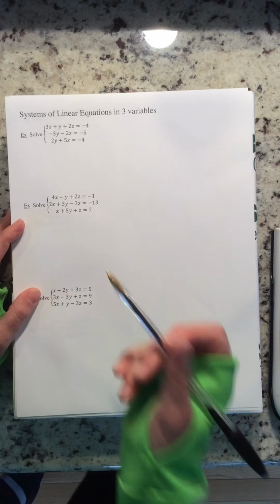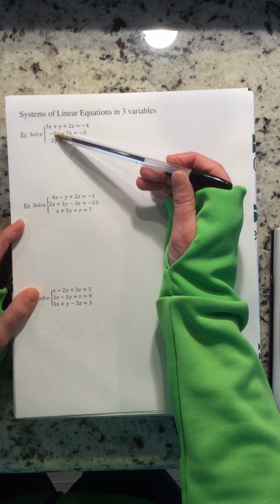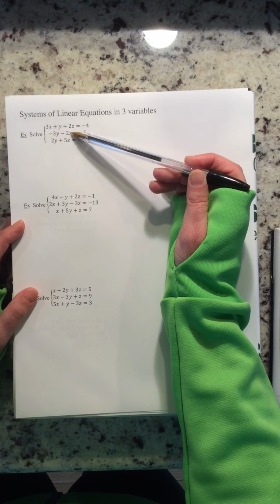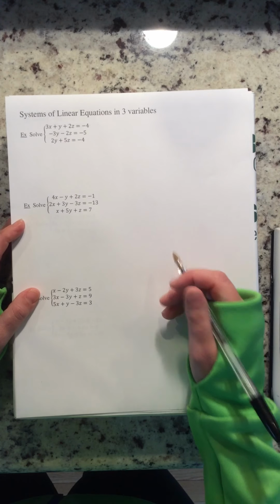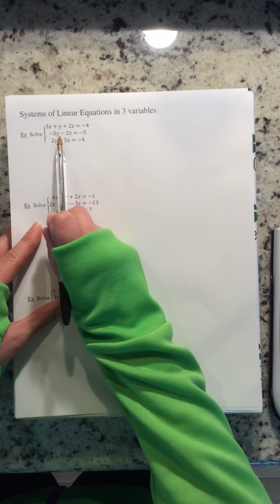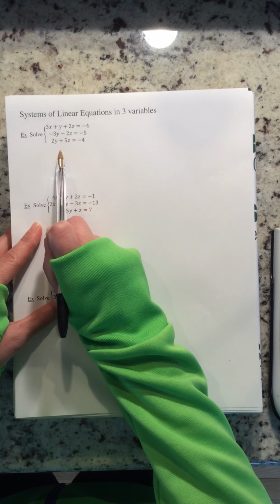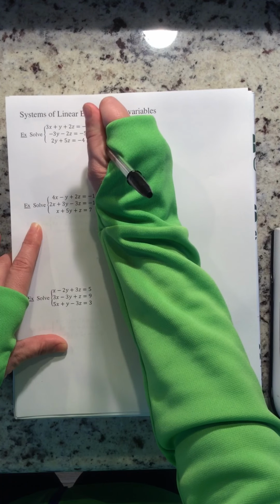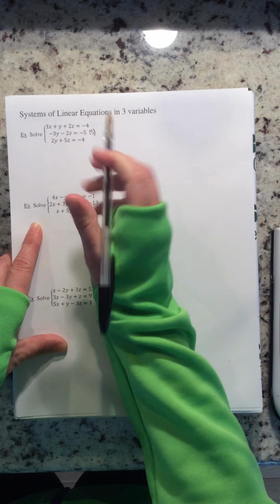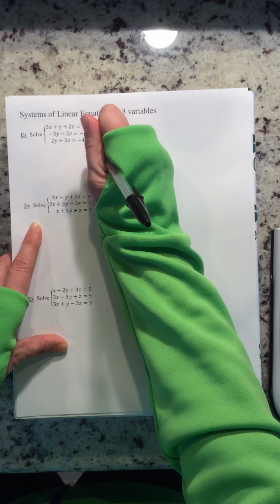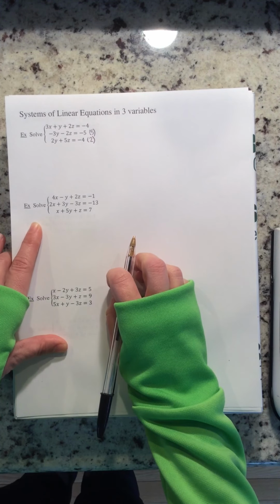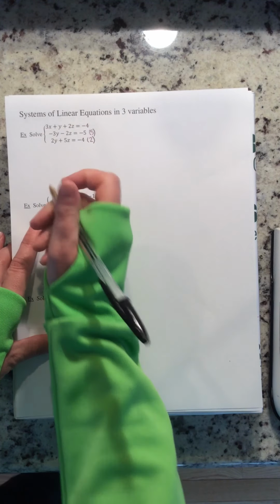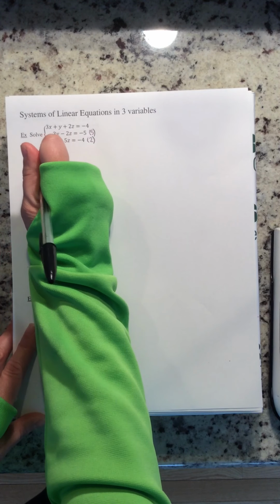So using elimination on the bottom 2 equations, we can either eliminate y, getting a 6 and a negative 6, or we could eliminate z using 10 and negative 10. I personally like the number 10 better than 6, so I'm going to go ahead and eliminate my z's here. So I'm going to choose to multiply that middle equation by 5. That's going to give me a negative 10z, which means I'm going to multiply my bottom equation by 2 to get my positive 10z. So multiplying the entire middle by 5, I obtain negative 15y